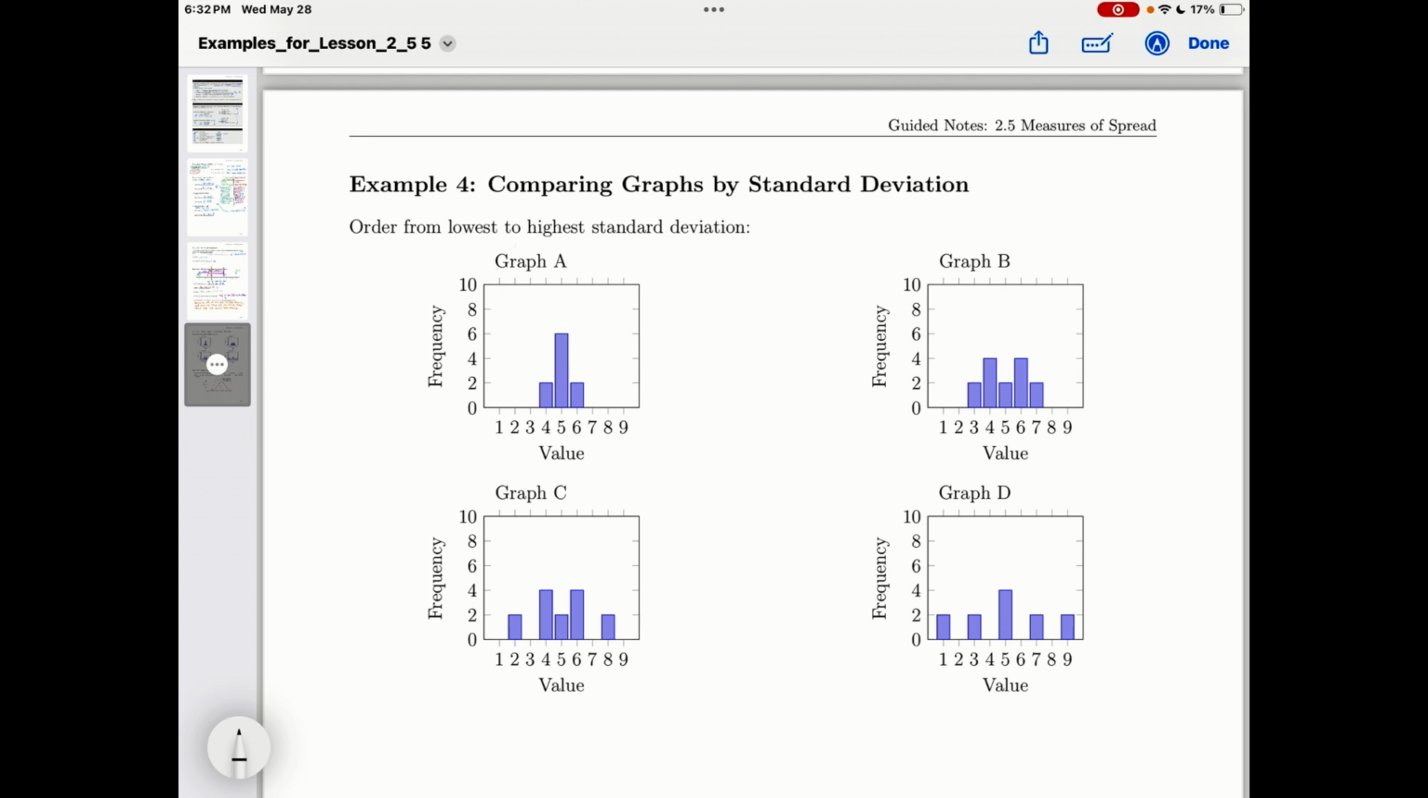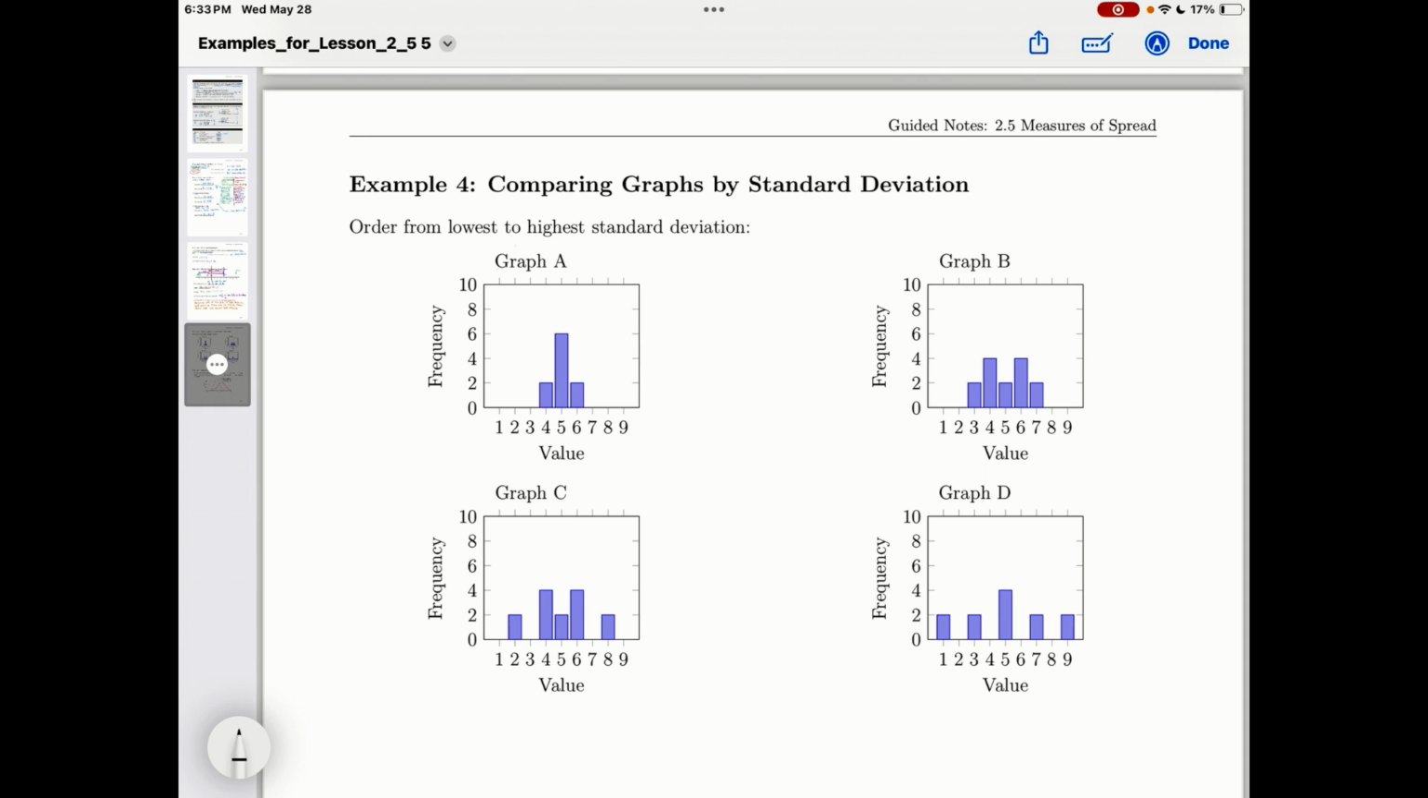So just remember that a standard deviation measures how spread out the data is from the mean or from the center. So we want to order this from smallest spread to largest spread. And because the standard deviation is a number that represents the spread, the smaller the standard deviation, the smaller spread there's going to be. So the values of the data set are going to be more clustered and centered around the mean. So looking at graph A